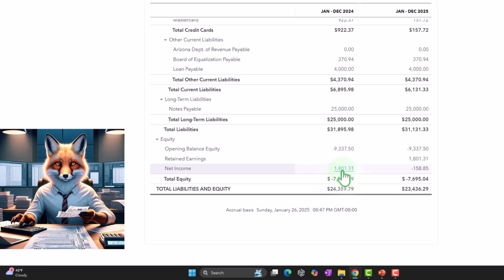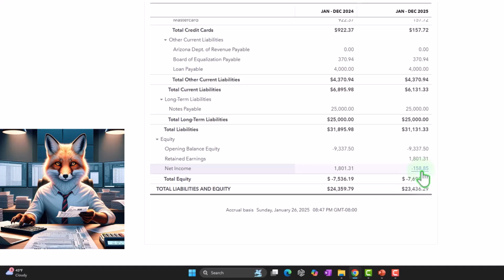That's useful. Most online softwares do that, but it also becomes a problem if you have like a partnership and you need to allocate the income to the partnership account in accordance with the partnership agreement, because now you have this income line item that's down there that looks kind of funny when you do that. But it's supposed to give you an idea of that relationship, and you can see that that net income, when I move into 2025, then flows in to the retained earnings, the earnings that have been accumulated that have not been distributed out, and then we have net income for the current period, 2025, down below,